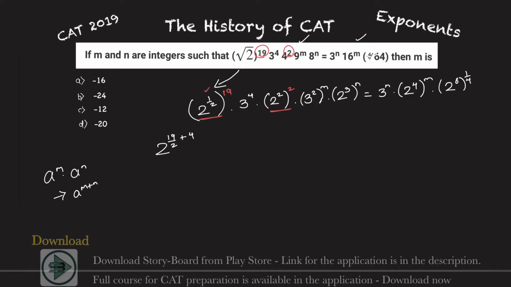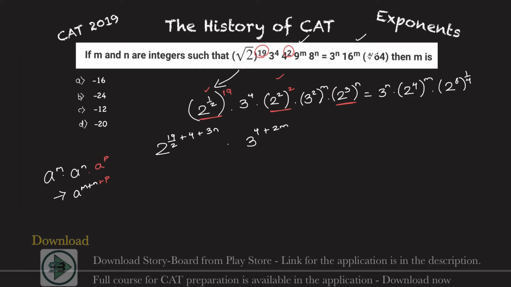A raised to m into a raised to n is equal to a raised to m plus n, and so is there a 2 raised to 3. If I put in a raised to p, this will be equal to m plus n plus p. That's what I'm doing here as well. So I'll write this as plus 3n. Everything that I could have done with my LHS 2, I'm already done with this. So let's compare now. This could be written as 3 raised to 4 plus what?